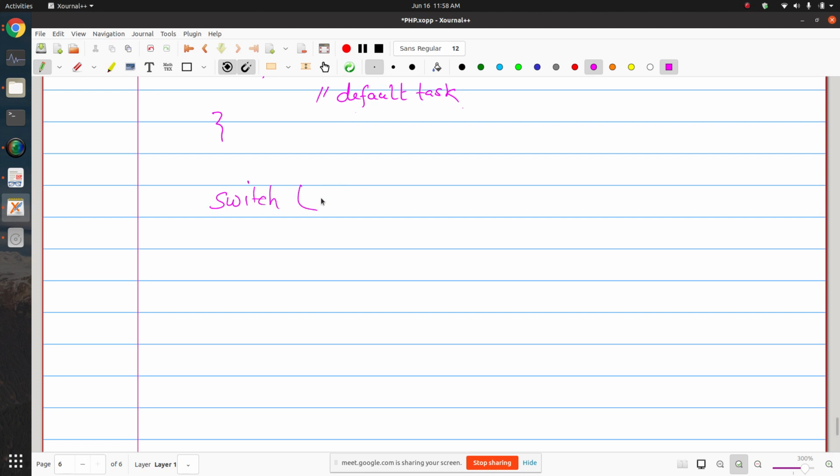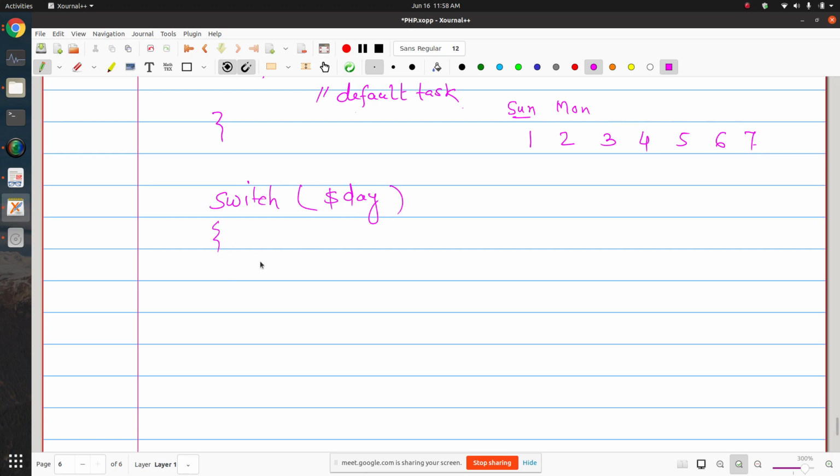Switch, let's say you have a variable day, and let's say this variable can have value 1 or 2 or 3 or 4 or 5 or 6 or 7. So if 1, I assume that this is Sunday, and 2 means Monday, and so on.